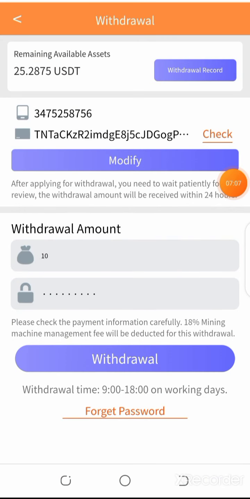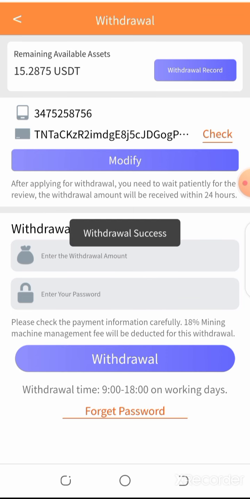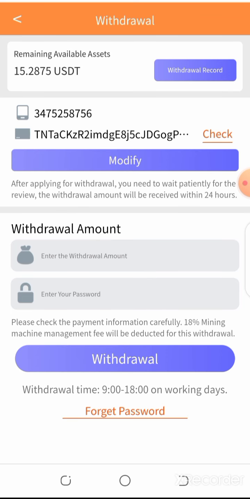This is not the login password, but a withdrawal password. When you modify your Binance account and TRC20 wallet, you have to write the new withdrawal password in the password section. After you set all this, you can simply click on withdrawal, and it will show that the withdrawal succeeded, and within a few hours you will receive it.